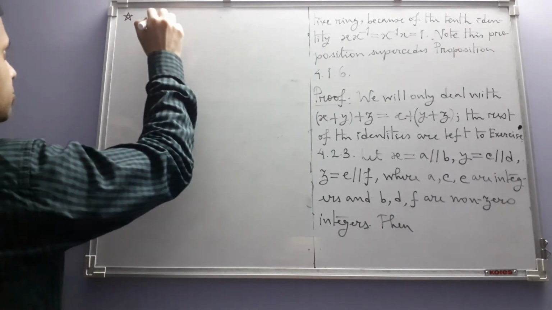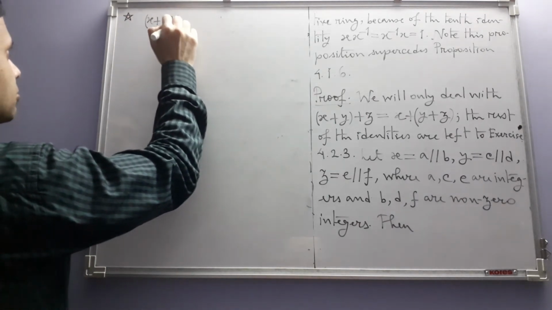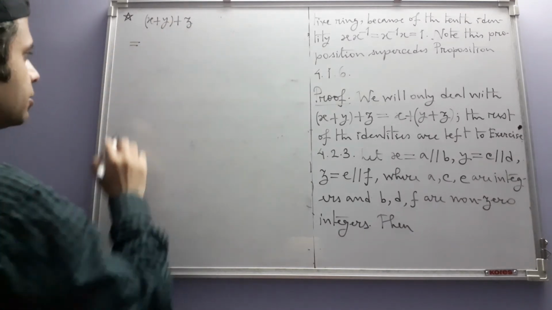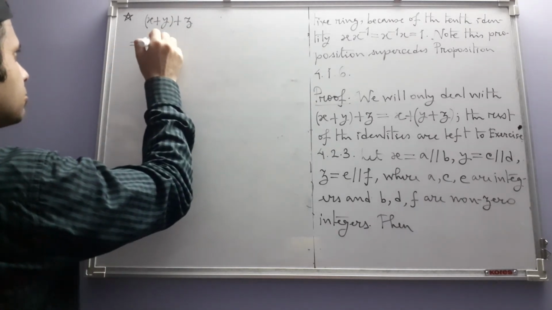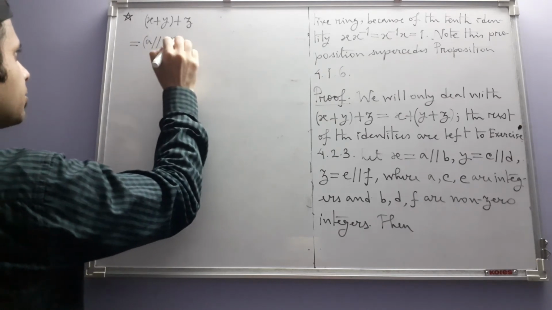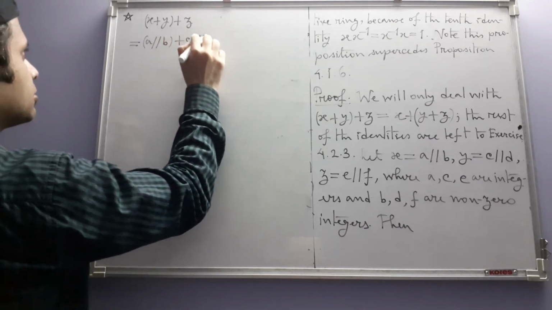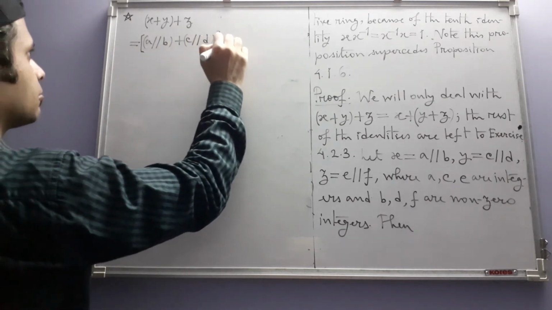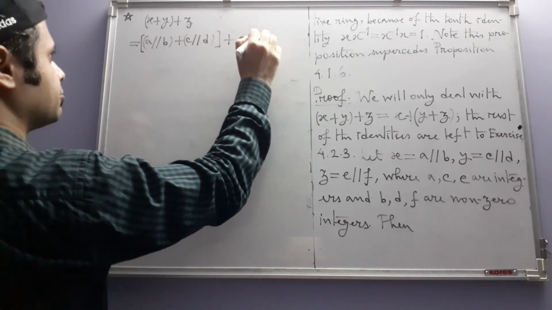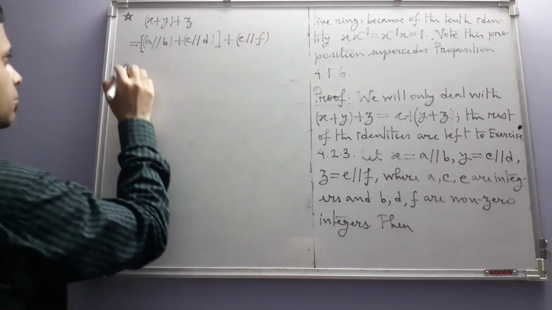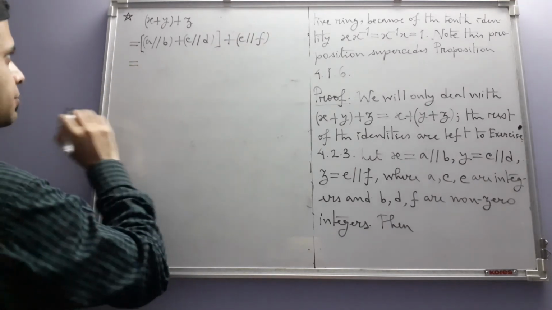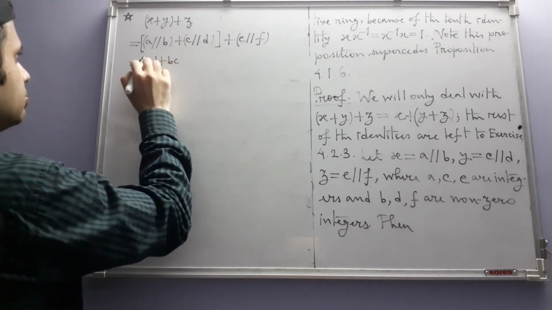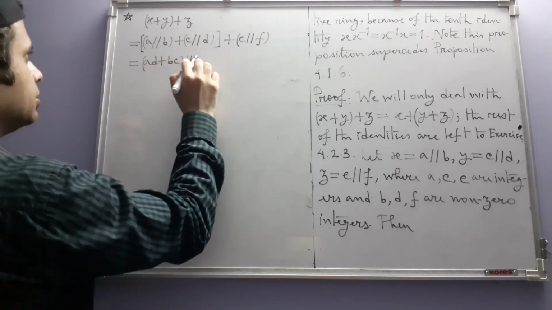x plus y plus z will be equal to a by b plus c by d plus e by f. So this, first of all, by definition, is ad plus bc by bd